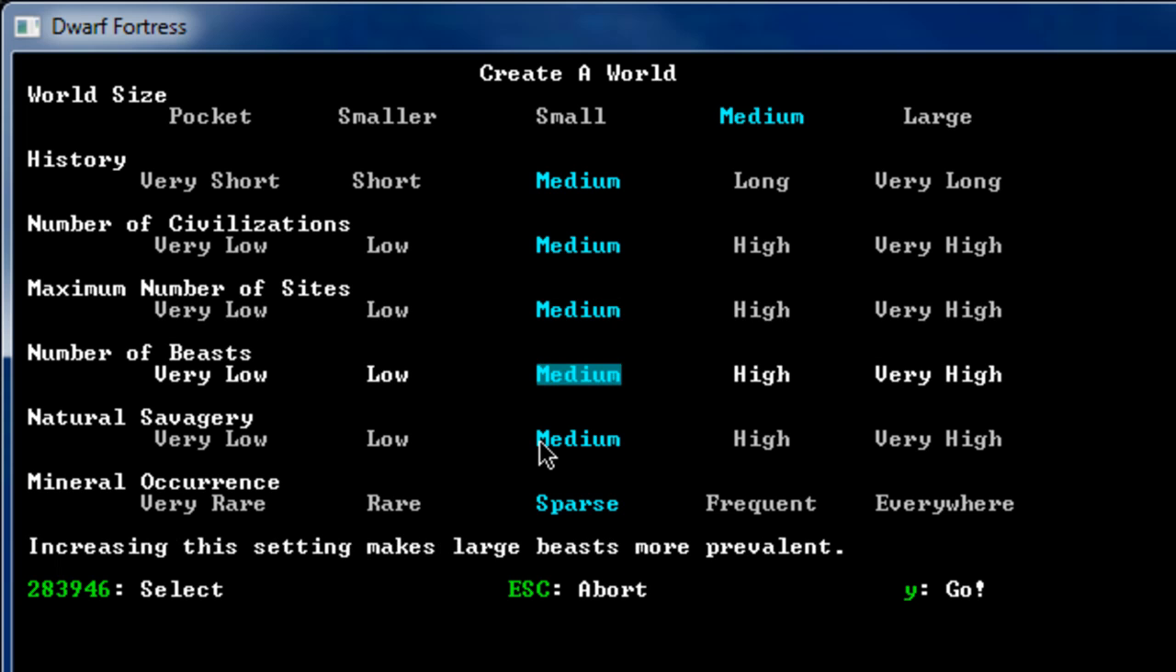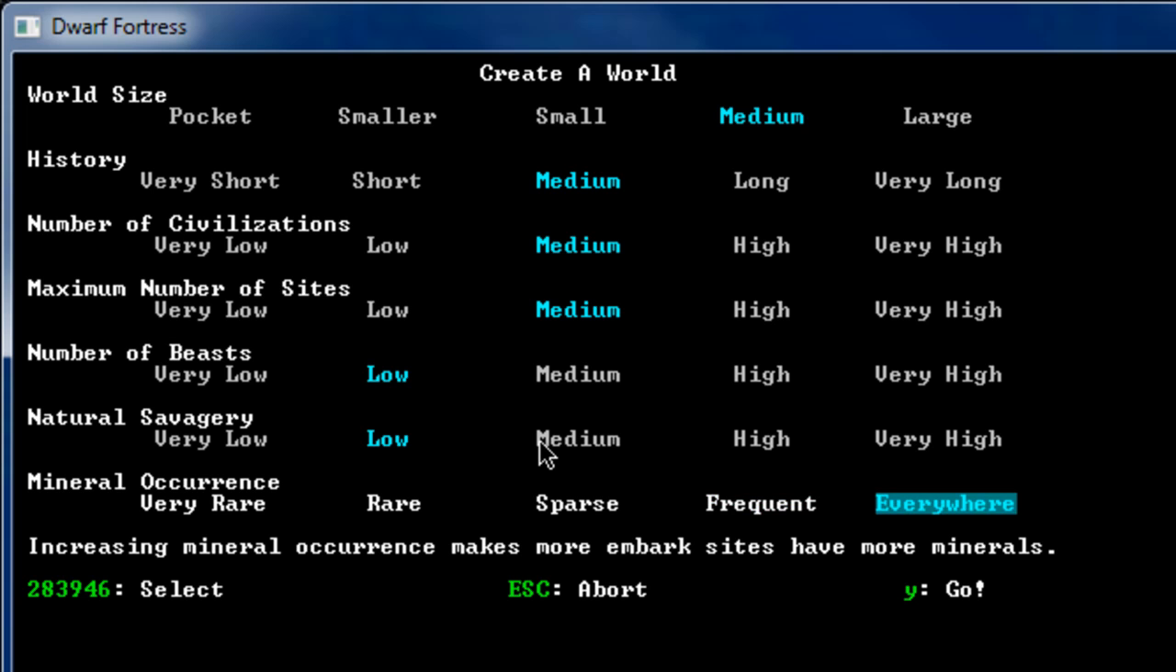Number of beasts, we'll leave that on low for now. Natural savagery, because this is a beginning world, we'll leave it on low. And mineral occurrence, we'll put that on frequent. This determines how many resources will likely be on your map. Everywhere might be a little too much, so I'm thinking frequent would probably be good. If later on you want more of a challenge, sparse or rare would be good. Very rare